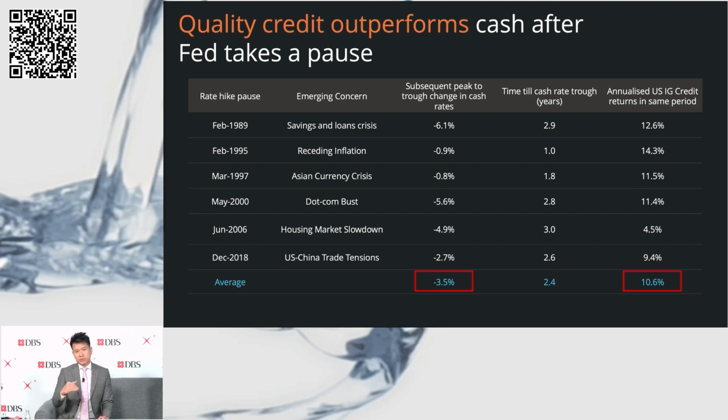And this is a result of a combination of your coupon yields and, of course, price gains, because bonds tend to respond very positively when the interest rate environment starts to decline, right? You get some price gains, you get some coupon yields, and that in total represents why you can get returns that are quite favorable, and again, speaks to why we're positive on bonds at this point of the cycle.